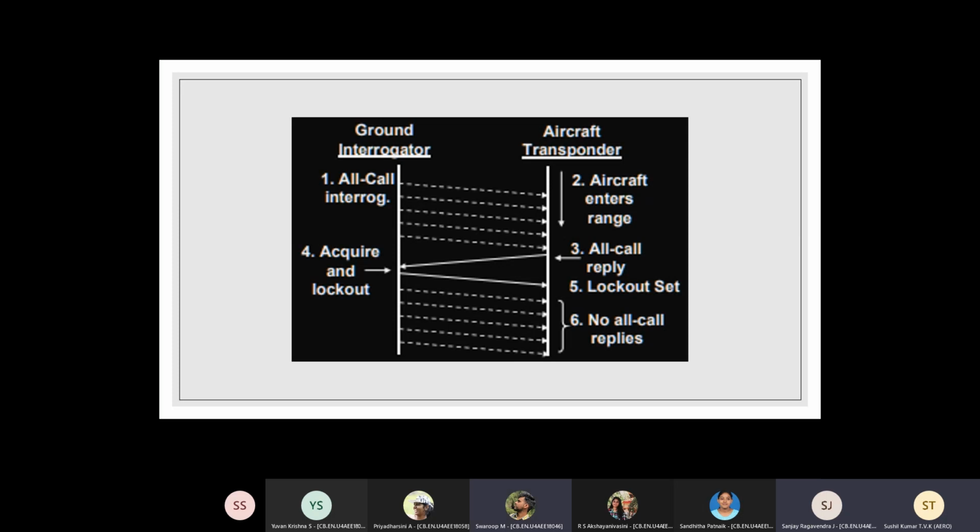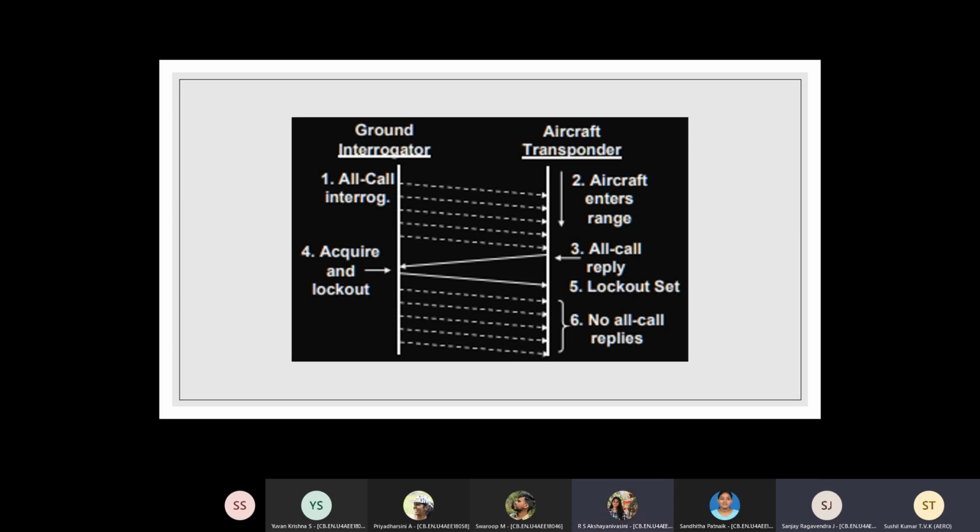See, what you are telling, Akshaya, is the second step. Once this proper acquisition is done, let us say there are 10 aircrafts, and now there are 7 students in the class. I just look at the screen and say who all are present. So I get information that so many students are available at this particular time. That's the first step. That's the all call. Once I know, then I can always call out, okay, Akshay, you tell me, or Sanjay, you tell me. That becomes a roll call.